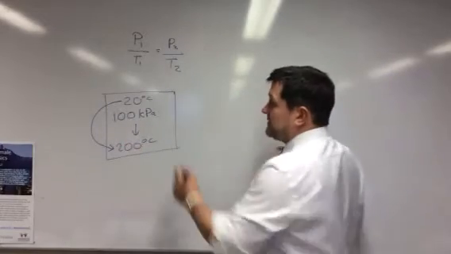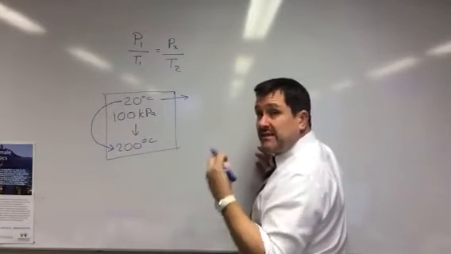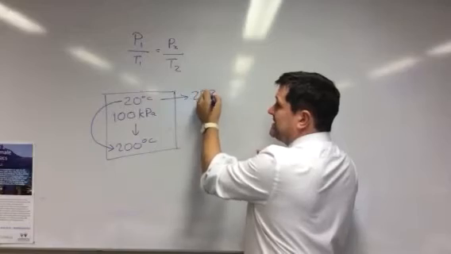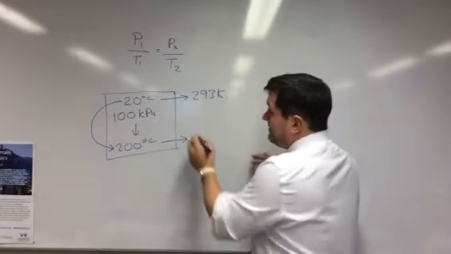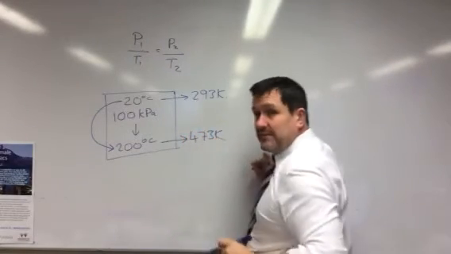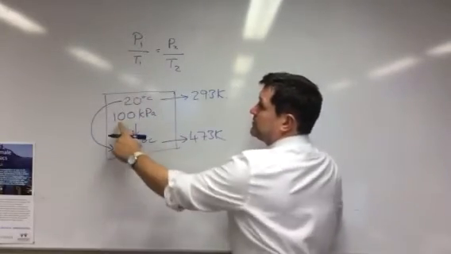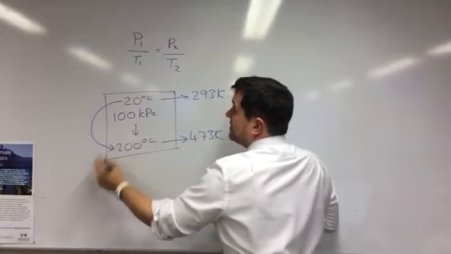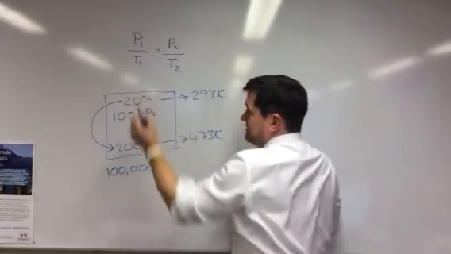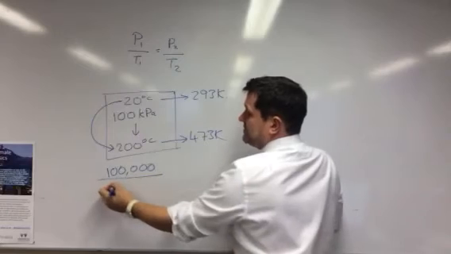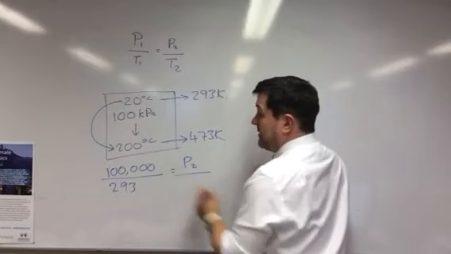All right? The first thing we would do is we'd convert 20 degrees C to Kelvin. So we'd add 273 degrees. So that would become 293 Kelvin. 200 degrees C added to 273 becomes 473 Kelvin. Now we can use the equation P1 over T1 equals P2 over T2. Pressure 1 was 100,000. So when we put 100,000 here, remember, kilo means 1,000. 100,000 divided by temperature 1. The temperature 1 is 293. And that equals pressure 2, which we don't know, divided by